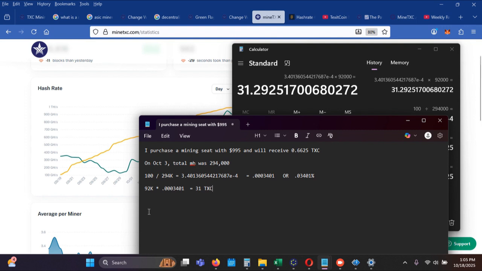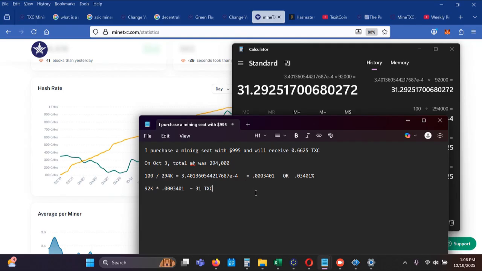Okay. However, when we looked at Terrence's video and saw what he's getting paid out, he got paid what, 2 point something for 400 mega hash. Well, if we had 1 mega hash, this is what we are essentially receiving. That is a huge difference, guys. 31 TexitCoin compared to 0.6625 TexitCoin. That is crazy. So somebody help me understand, because based on this math and what I should be receiving, I should be getting a lot more for my